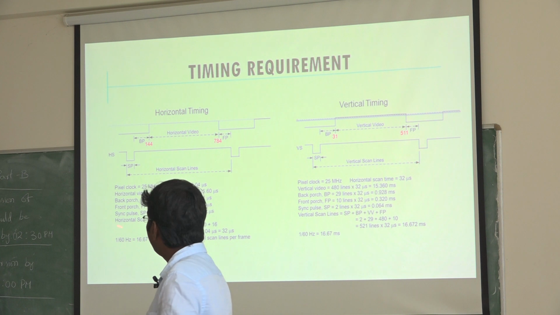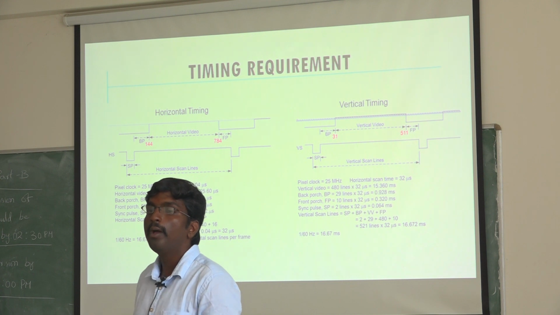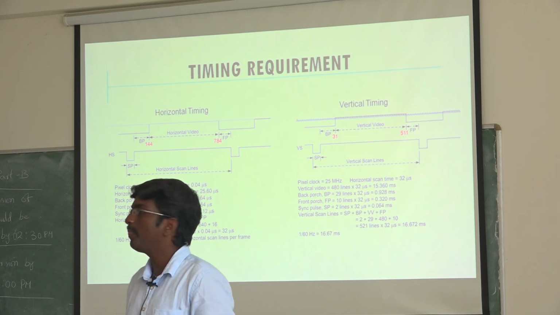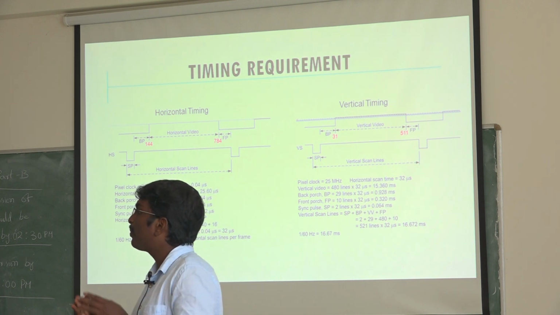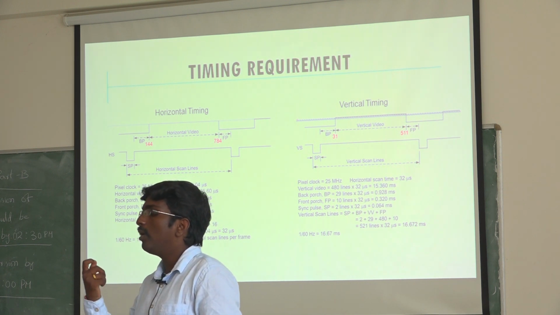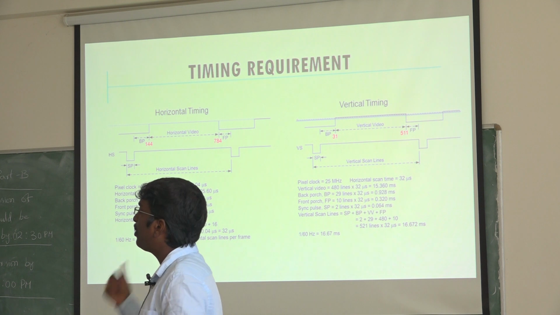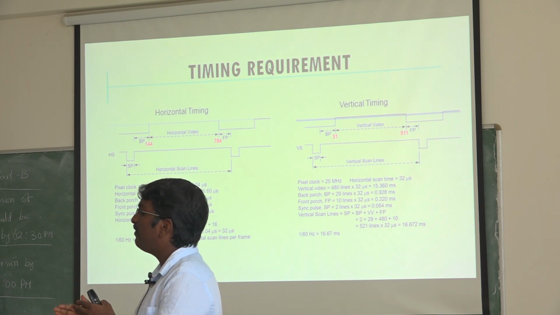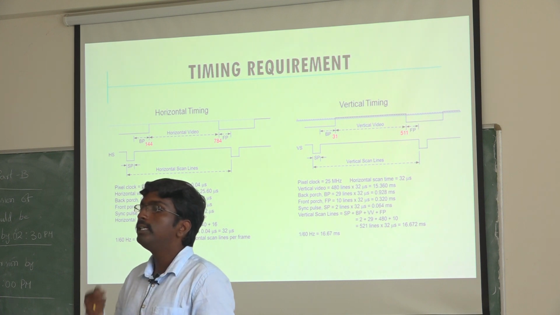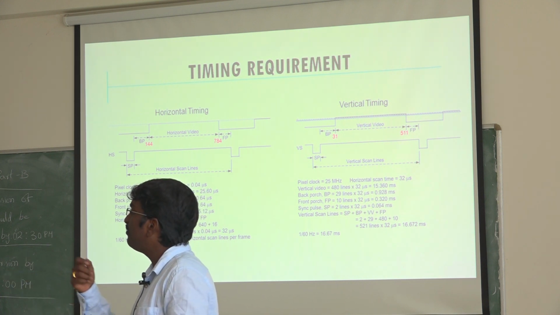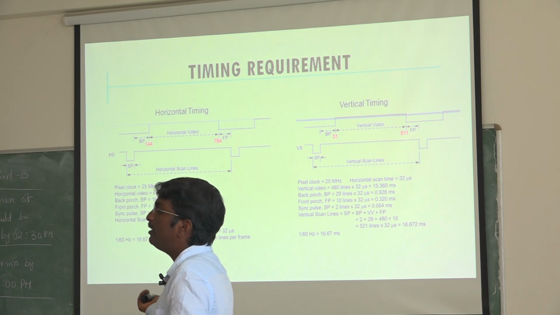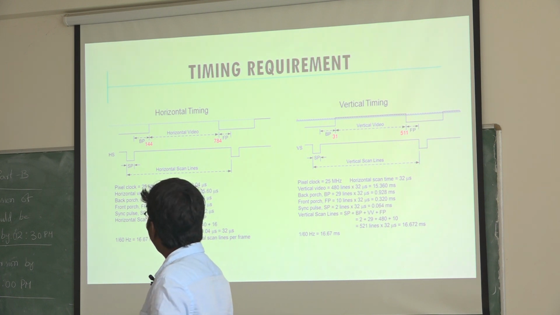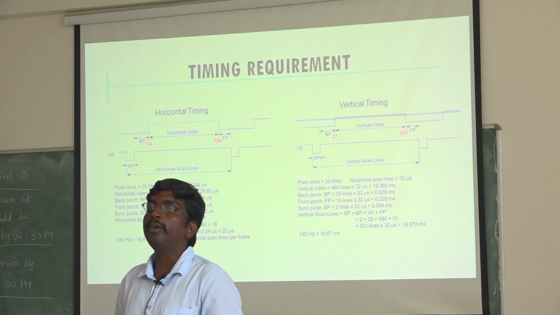If it is an analog standard, definitely we can get this 0.64 microsecond, whatever is there. But if it is a digital system, it will be a little difficult. If it says 25.60 microseconds, I can't exactly get a whole number of pixels within this 25.60. Maybe within that time I may get 8.3 pixels, 8.5 pixels, some portion of a pixel. In that case, they approximate it with the proper timing. So this 25.6, they mention as 25 microseconds.